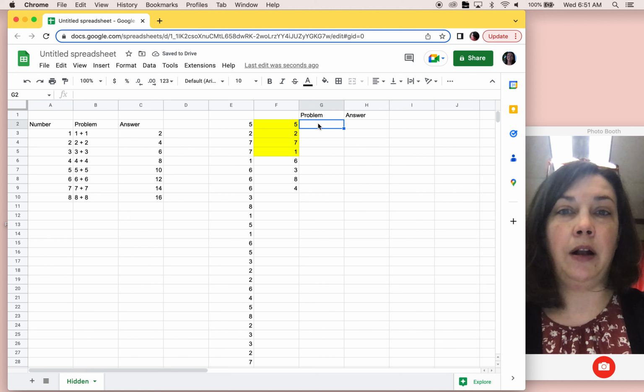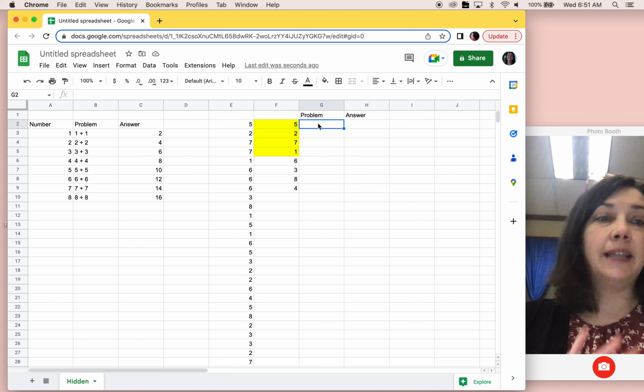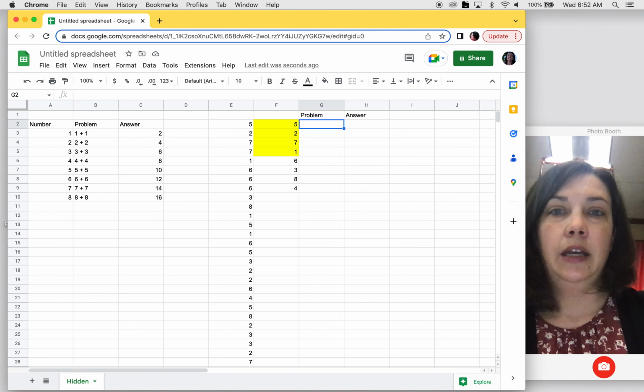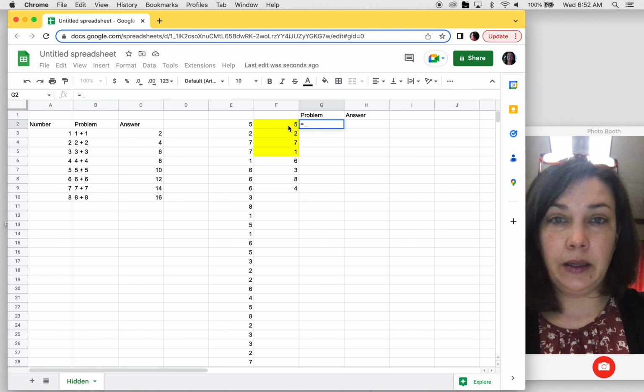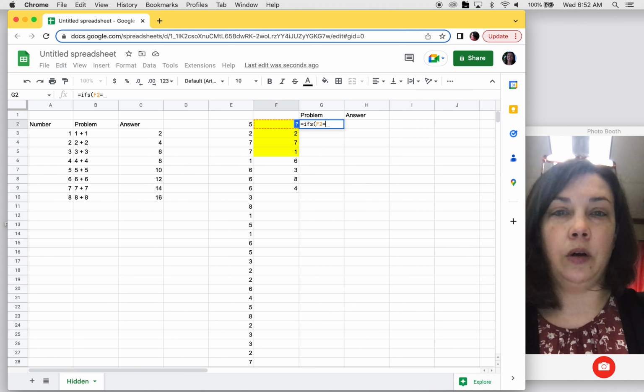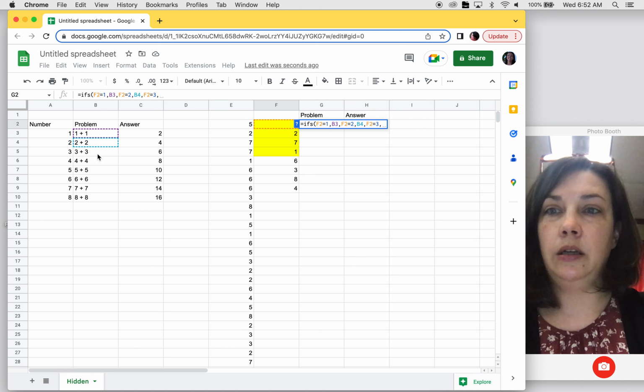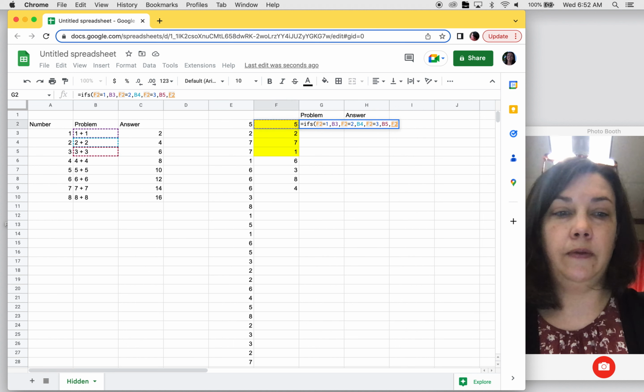So this will end up being problem 1 on my test once I transfer it over, but you saw how to do that in lesson 1. So this equals IFS: if this cell is 1, then take this problem. Otherwise, if this cell is equal to 2, then take this problem. So we're just going to go through this all the way up to 8 equals 3. If it equals 4,